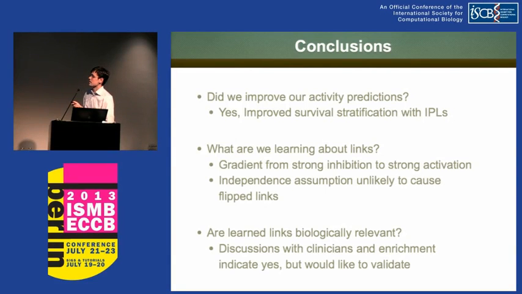So, did we improve our predictions? It seems like we did, based on our stratification test with ovarian cancer. And are we learning anything about the links? The gradient I showed, I think, is a really nice example that we think we are learning something about the links. And our independence test supports that we can be pretty confident in our link directions. And based on our discussions with clinicians and a number of enrichment tests that we did, I have time, so